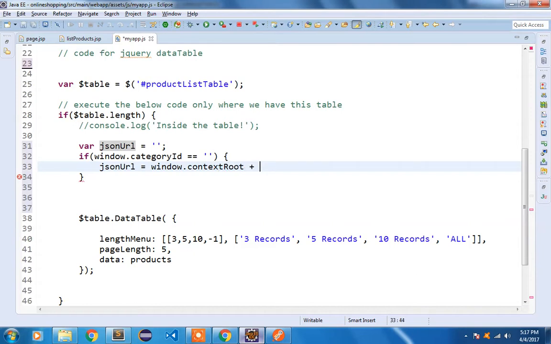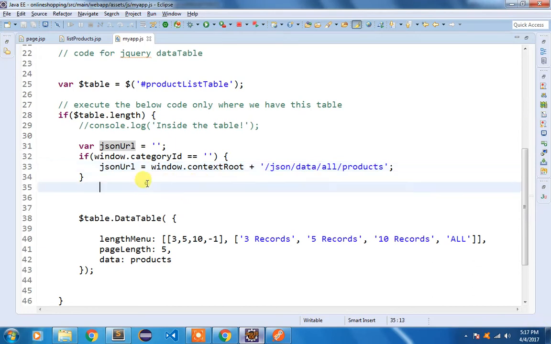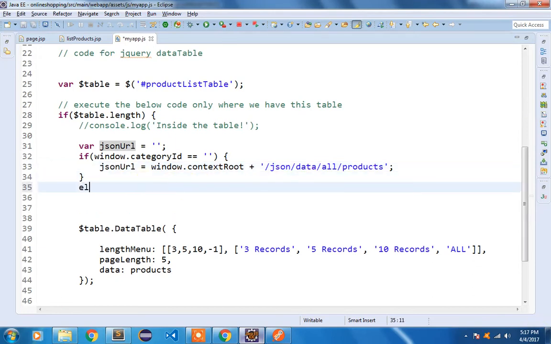plus. Okay, and here I'm going to specify, using single quote, I want the JSON data for all products. Okay, else